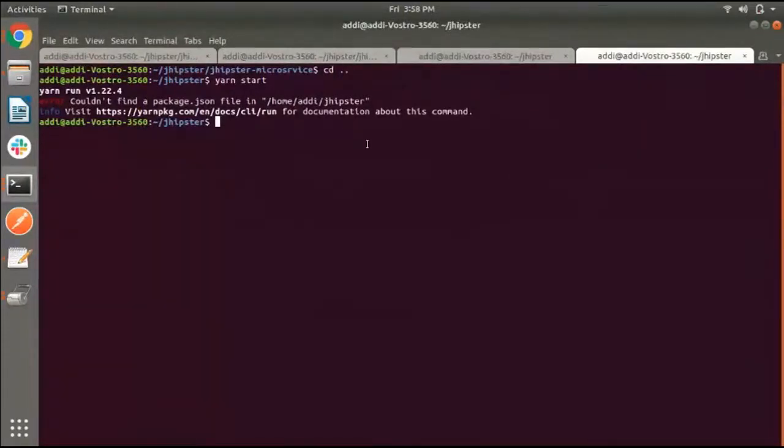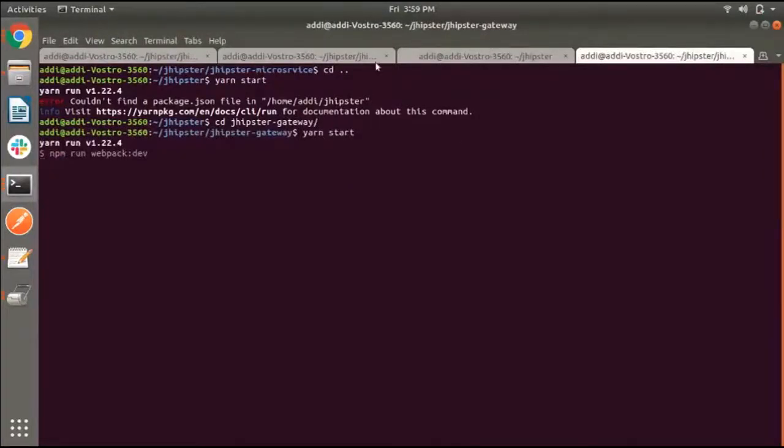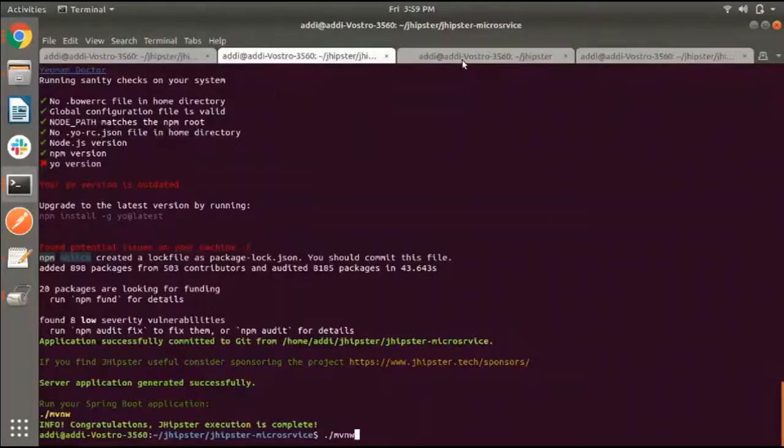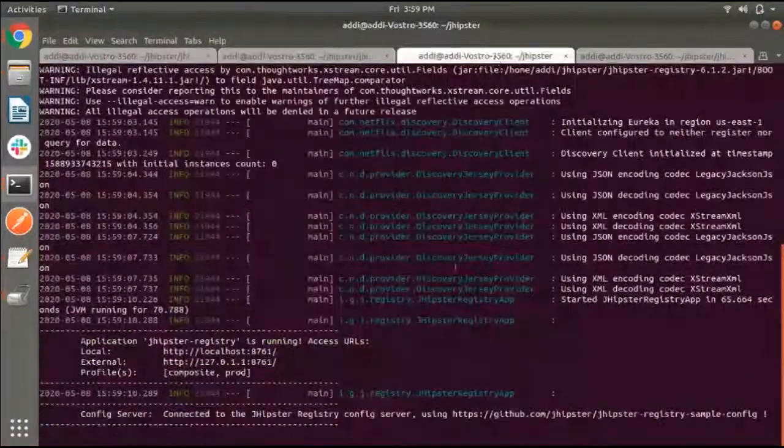It will provide us a GUI, which we are going to use, and see if JHipster Registry is up.